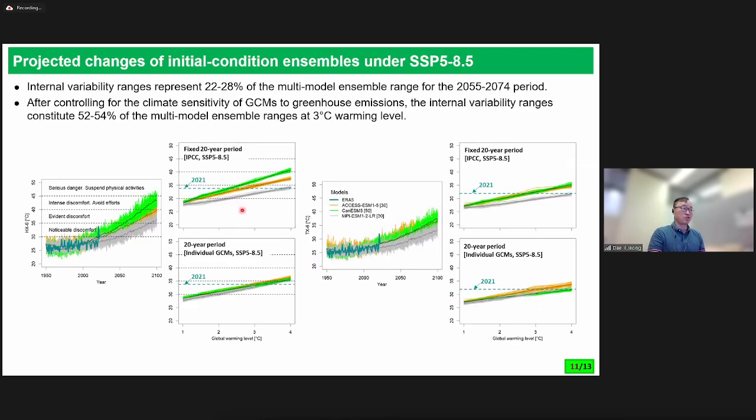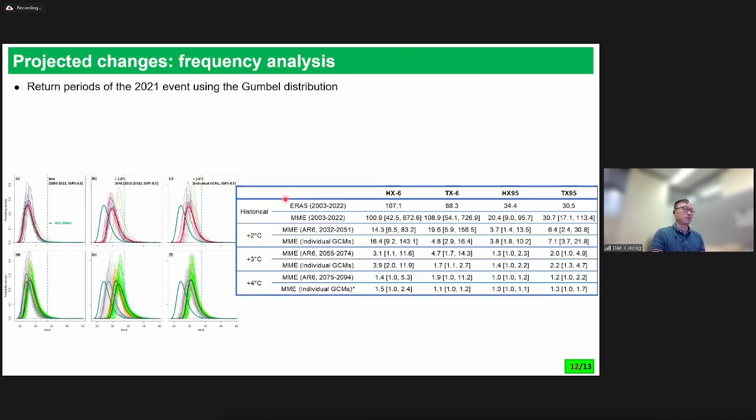They are projected changes to the initial condition ensembles. So for each individual model, the range of initial condition ensembles is not that different in the two ways of presentation, which means that internal variability looks much more dominant after we control for the climate sensitivity of the GCMs in the projection. Okay. So they are projected changes of the return period of the 2021 event levels using the